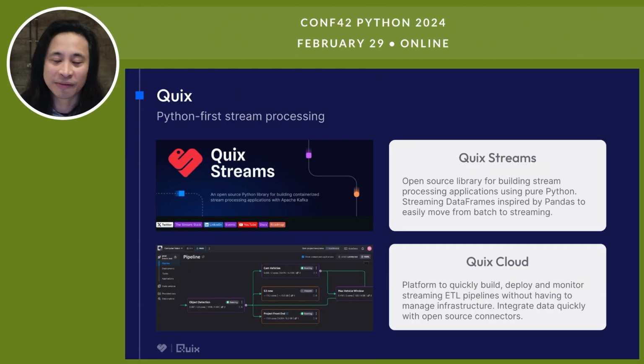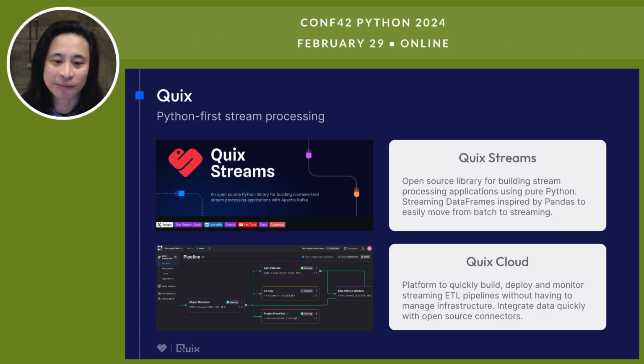First of all, a bit of information about Quix. Our mission is Python-first stream processing. The streaming data landscape was started and built in Java, and to this day, it's mainly accessible to those who use Java and SQL. Quix focuses on the Python developer experience, and we have two products. We have Quix Streams, which is an open source library that uses data frames to work with data and build streaming and event-driven applications. And since sketching is based on streaming data, it goes hand in hand naturally with Quix.